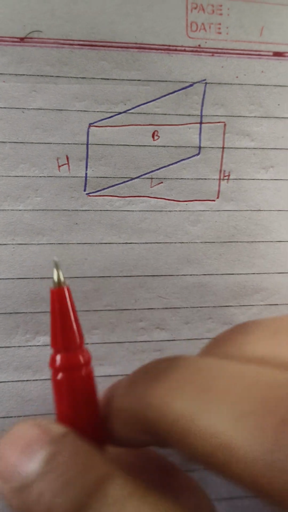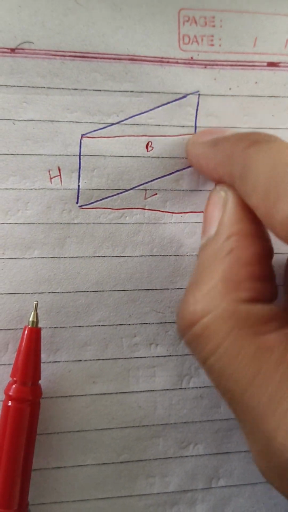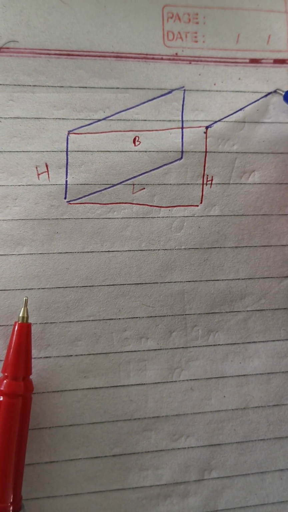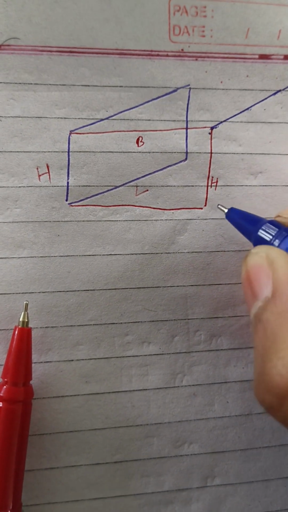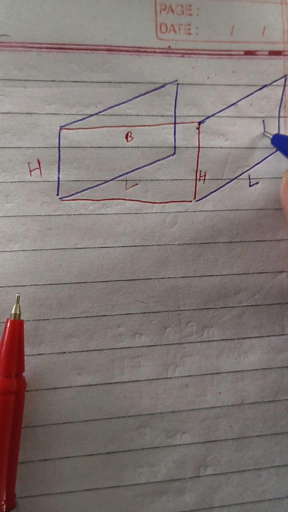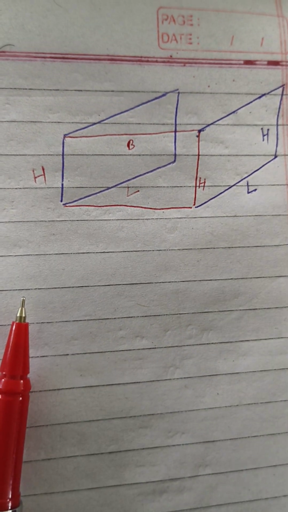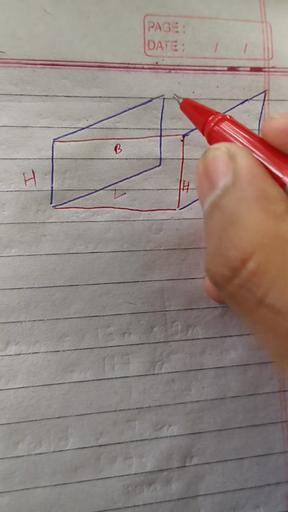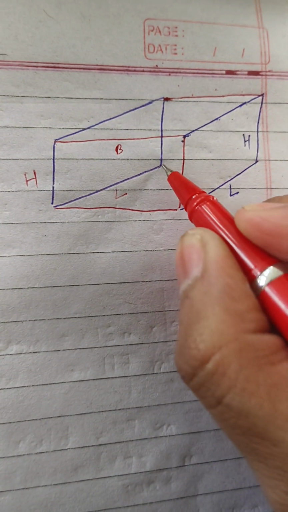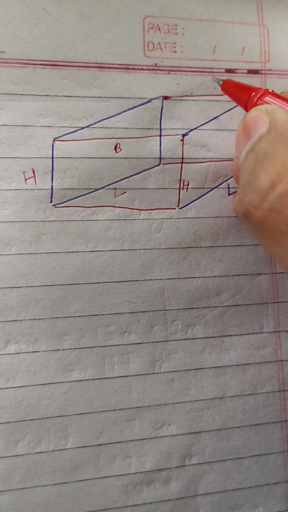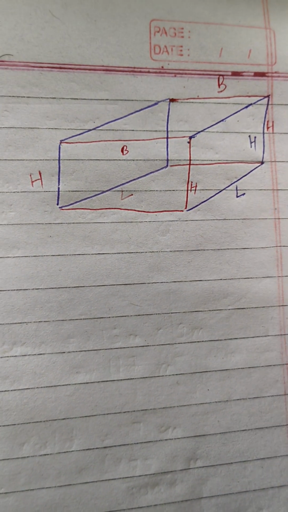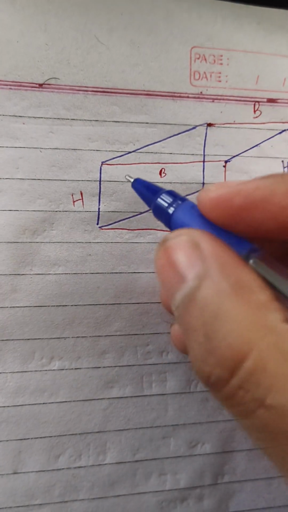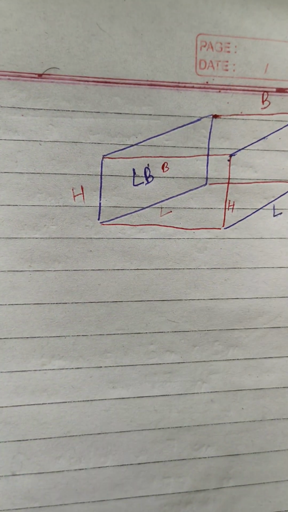Okay, then as there is one wall over here, a similar wall is present on this side also, right? Same thing, it will be length and it will be height. Whatever the size of this wall is, a similar wall is present on the back side of it, so it is B and again H. So the area of this wall will be equal to L into H, right?